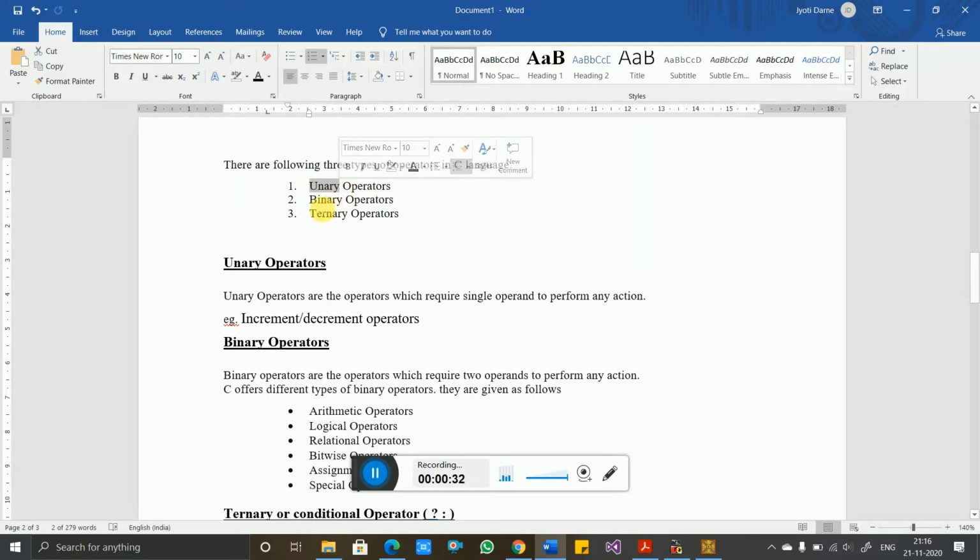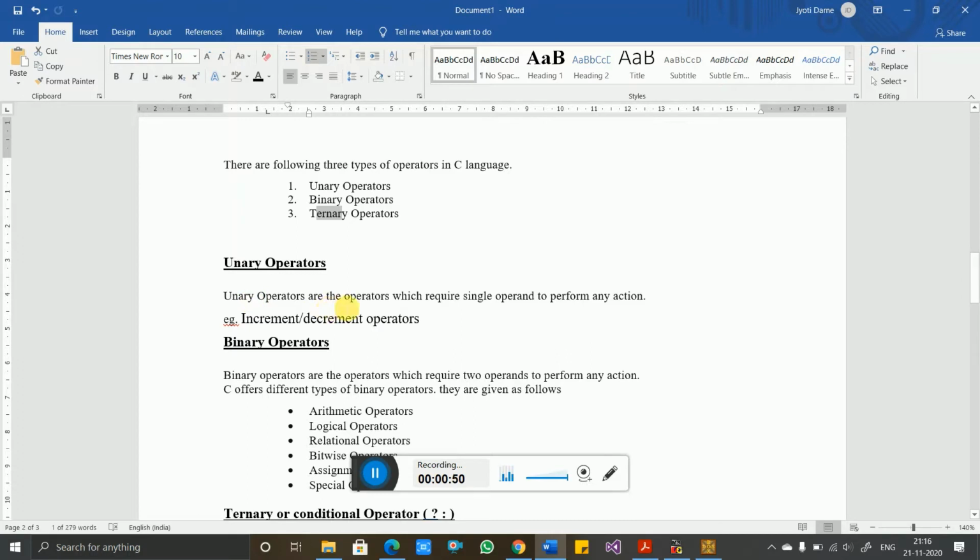If you require 2 operands to perform an operation, that operator is binary, and when you require 3 operands, that type of operator is your ternary operator. Now let's see the examples.